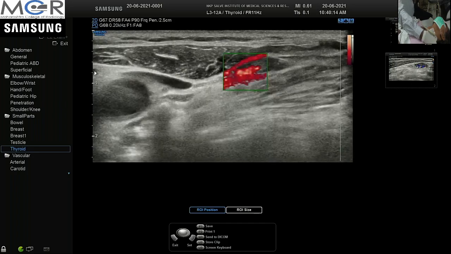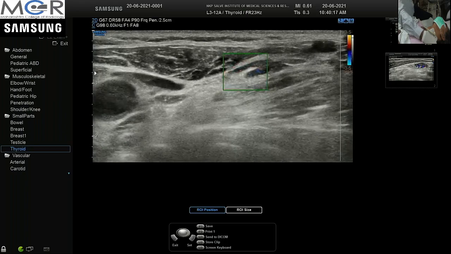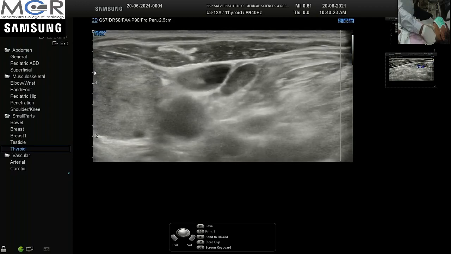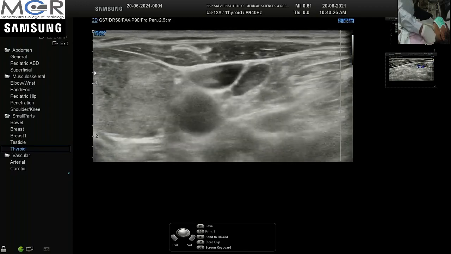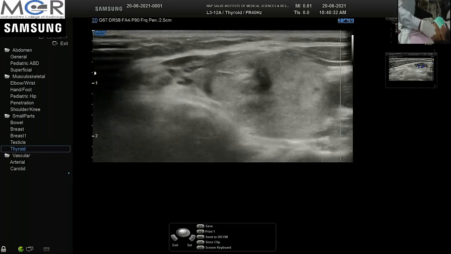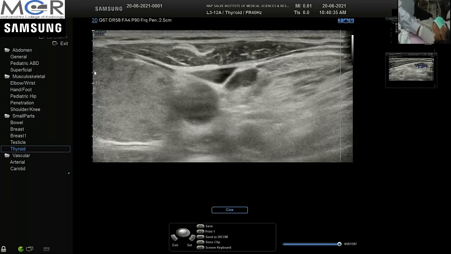So we'll just see in some other patient in a normal size nodule again, but see the difference between this lymph node and this lymph node. They are definitely different, and considering that nodule, considering this thyroid nodule, you have to do FNAC of this lesion also. So this patient has thyroiditis and has two nodules in left lobe. One of them appears suspicious, and that needs further evaluation by FNAC or biopsy, as the case may be.